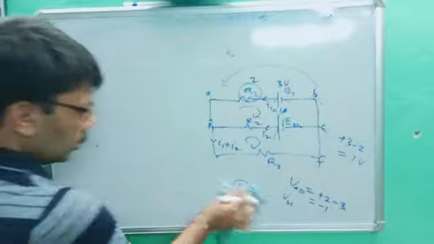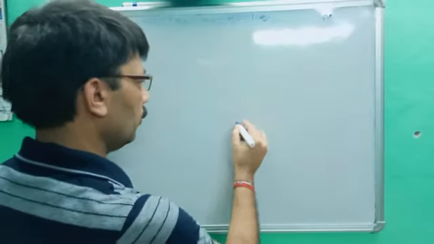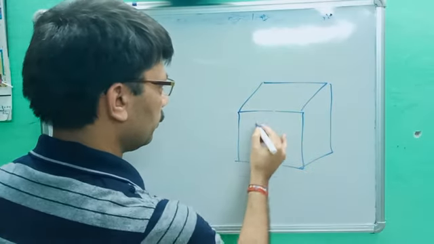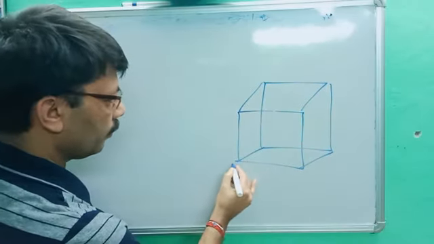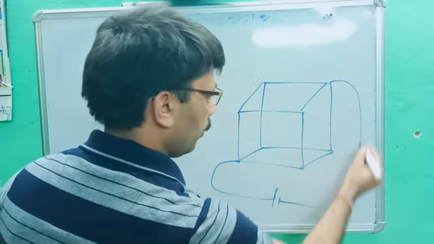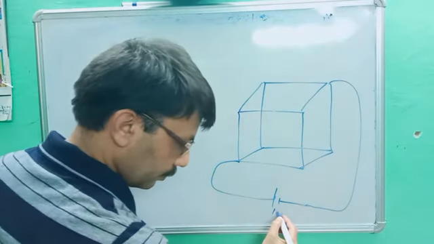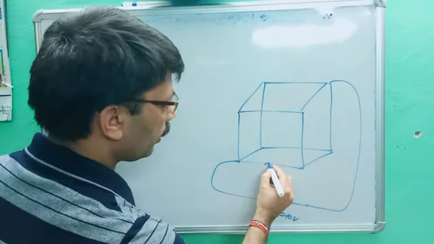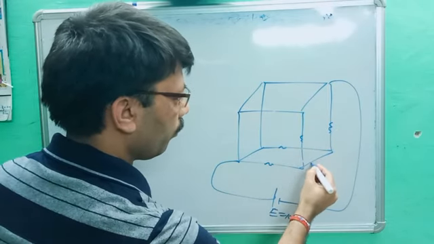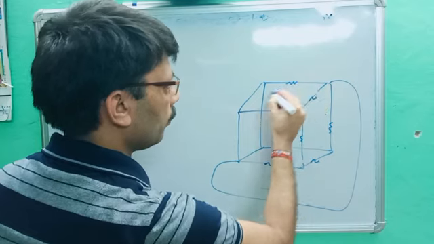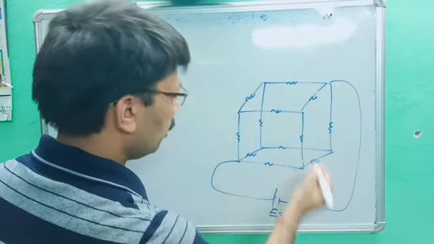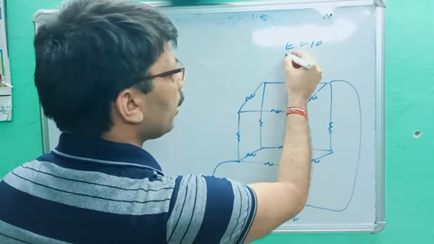Okay. Let's suppose, one more question I will do. Let's suppose you are given a circuit like this. This is a little more important question, a competitive question, and it is also given in your NCERT example. Let's suppose E is equal to 10 volt is given, and these are the resistances connected here.